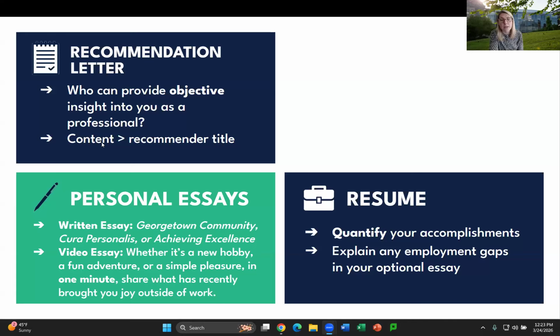When drafting your resume, similar to when you tailor your resume for a job that you're seeking, you should tailor your resume for the schools. So do your research,